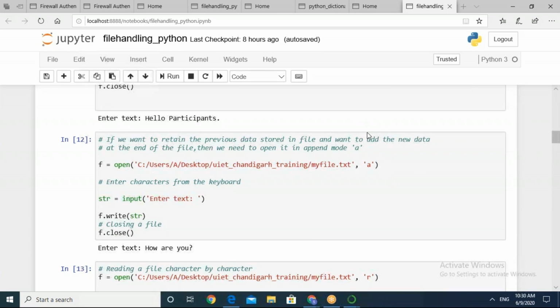Fine. So I believe we can move ahead now. Most of you have tried and are able to append the file. Okay, Dipanshu Yadav, I can give you one more minute. You can finish it.